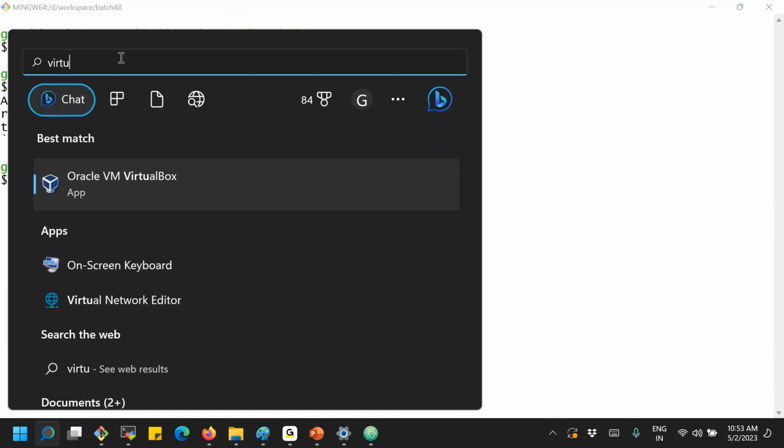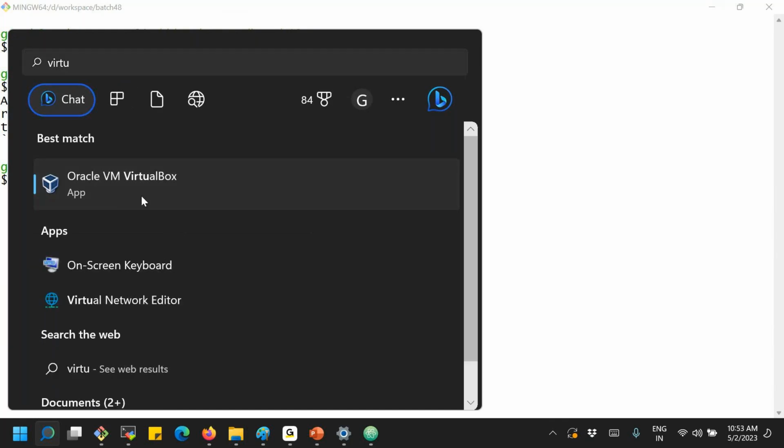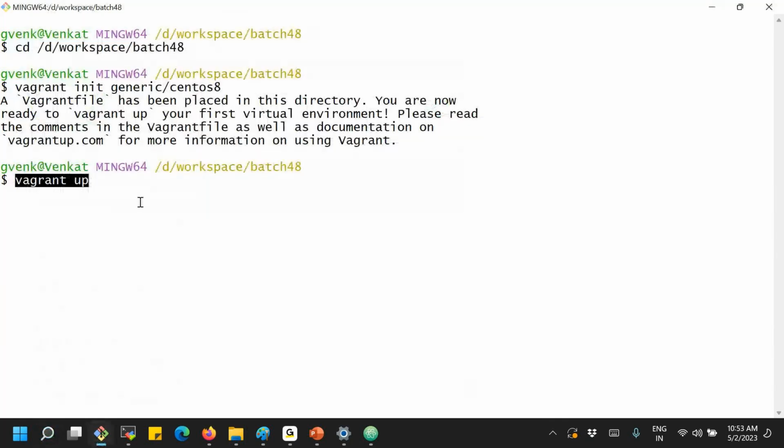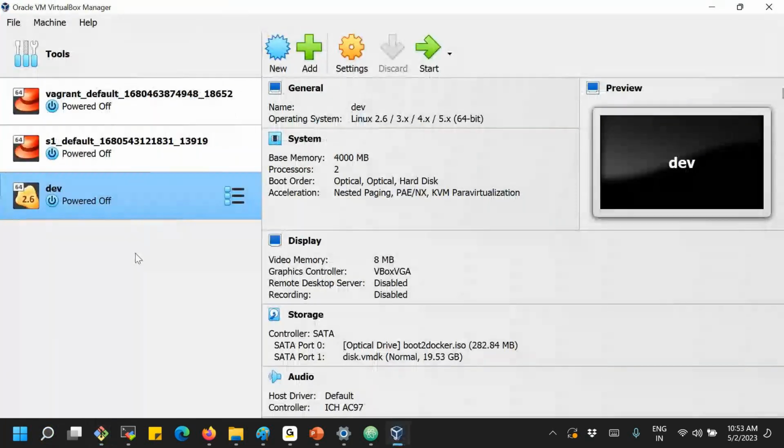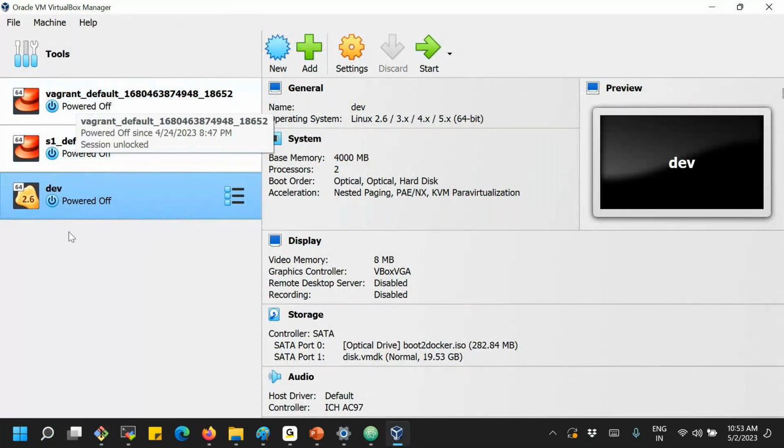Let me open VirtualBox. We'll just observe that. Already I have three virtual machines previously launched. Now, in the backend, I'm not doing anything here in VirtualBox. This is just for observation. I just opened it. We are not doing anything here.